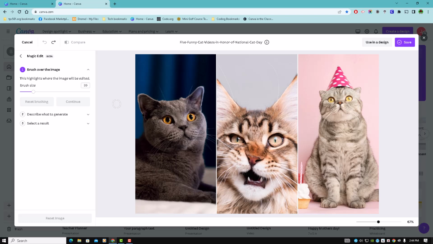This time, I'll choose the party hat on my cat. Again, I think my brush might be too big, so I'll reduce it down a little bit. And carefully, I'll go over the cat's hat. Just like that. It's done. This time I didn't do anything. It's waiting for more directions. I hit continue in the menu,